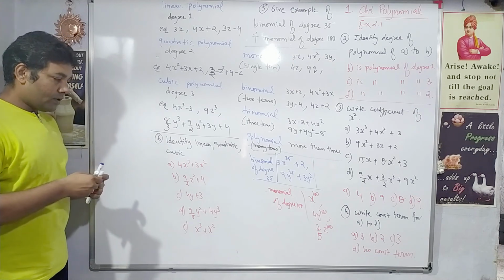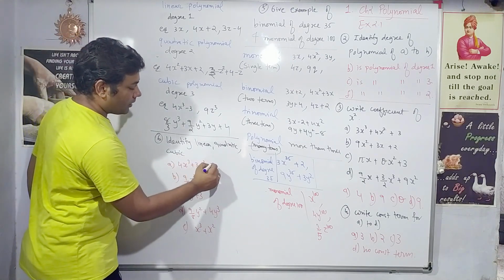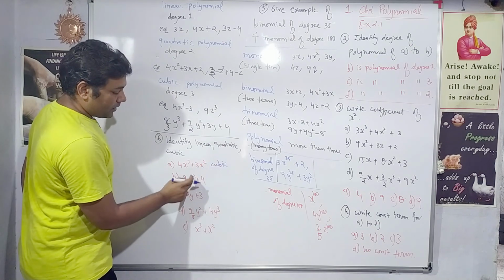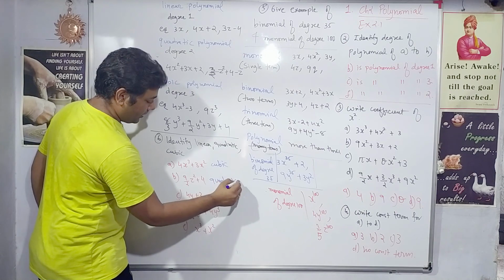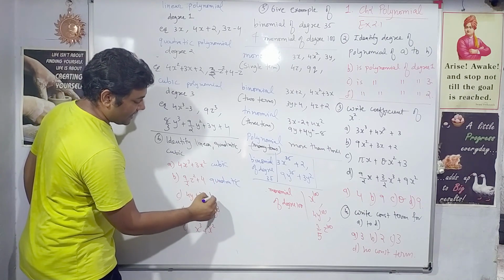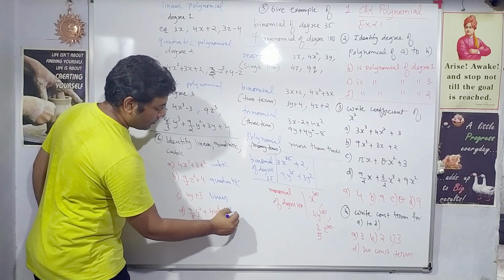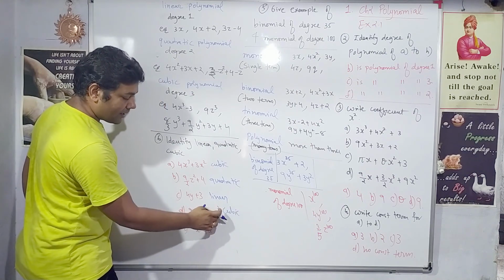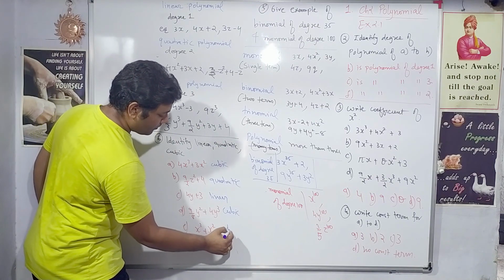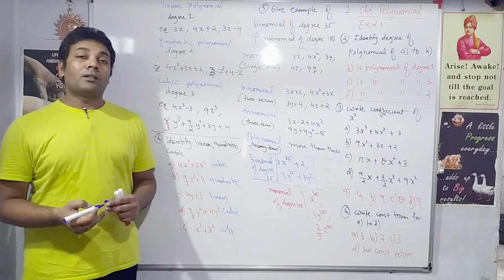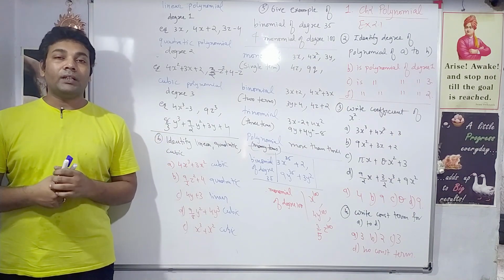So these are the questions. Now find out which is the highest power. Here highest power is 3, so this is cubic. Here highest power is 2, so this is quadratic, right? Here we have highest power 1, so this is linear. Here we have highest power 3, so this is again cubic. See, compare the powers. So 3 is highest, so this will be cubic. Here also highest power is 3, so this is also cubic in nature. So this is all about exercise 2.1. We'll continue with exercise 2.2 in the next class.